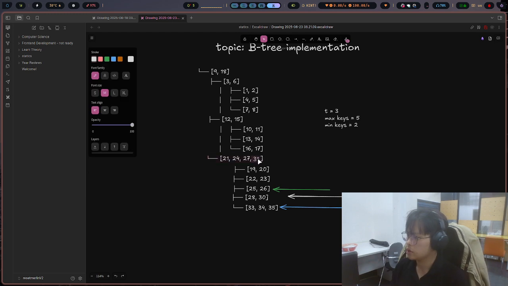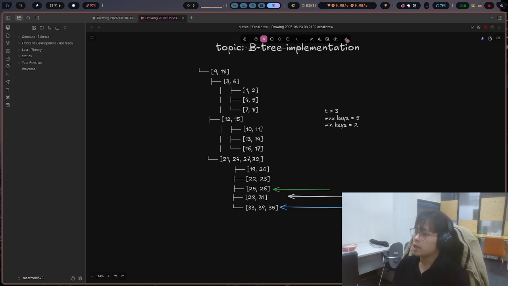Ah, wait, sorry. So if you're going to delete 30, you have to replace it like this. But the issue is